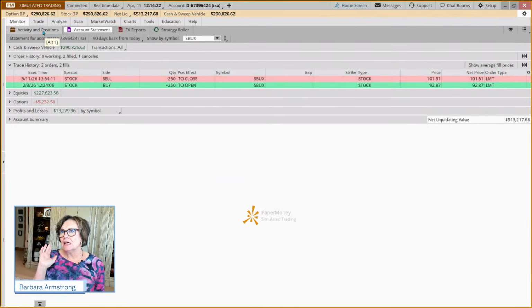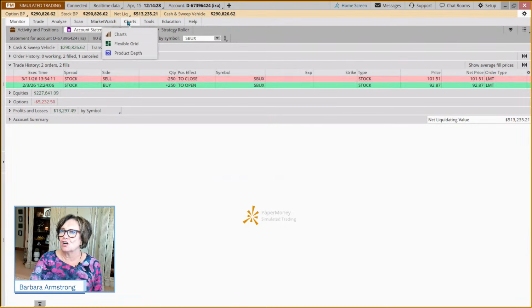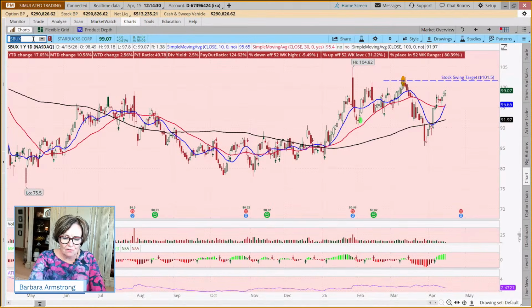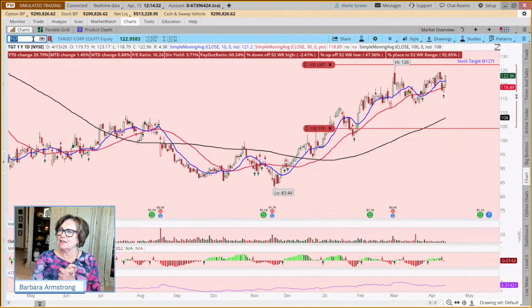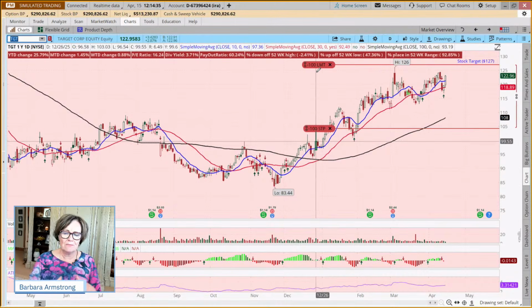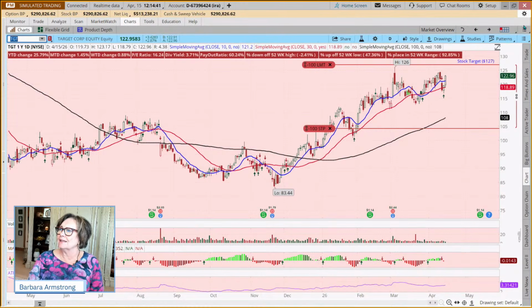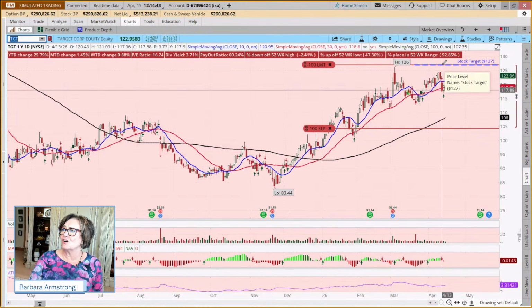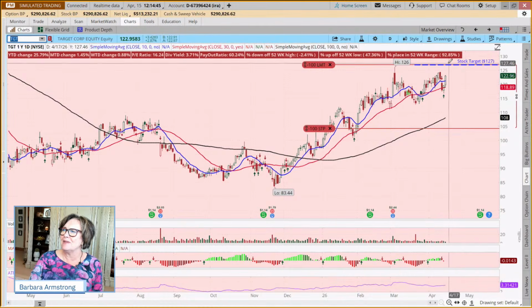Okay, so let's say you're looking at your positions, and let's look at Target. So let's say you're on your charts and you're looking at Target, and I'm doing my weekly review of all my positions. Or maybe I've been traveling for a few weeks and I haven't looked at Target lately. I put in a target on Target at 127. That may have been a mistake.